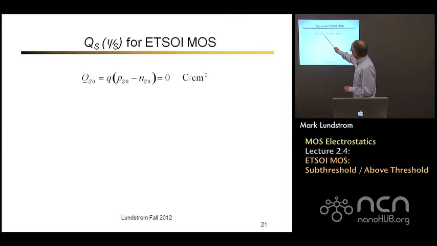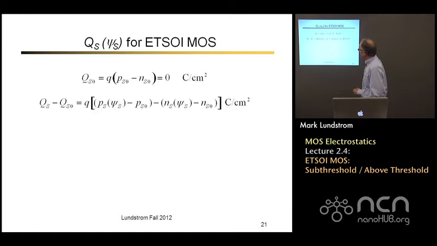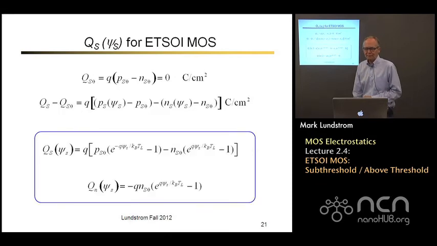We have positively charged holes, and we have negatively charged electrons, and if we arrange things with work functions properly, then when we have zero potential, we have zero charge. In general, we'll induce some extra charge, because when the surface potential goes positive or negative, the electron or hole densities increase or decrease. So the net result is that we can write